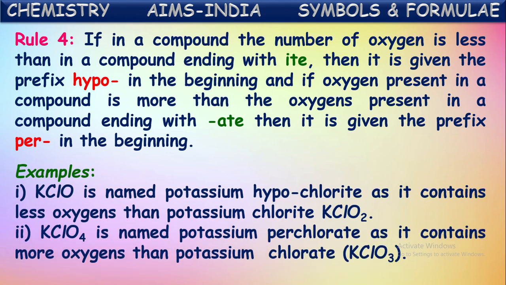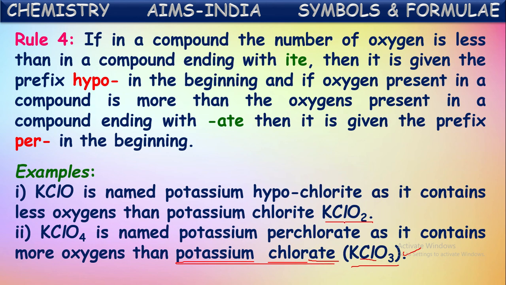See, chlorine and potassium in combination with oxygen form two compounds, KClO2 and KClO3. Now, in these two compounds, this is the compound with more oxygen atoms. Now, how do we name this compound? First, the metal atom's name, potassium. Second, the non-metallic element's name, chlorine. And at the end of the non-metal's name, chlorine, ate is attached. Now, its name becomes potassium chlorate.